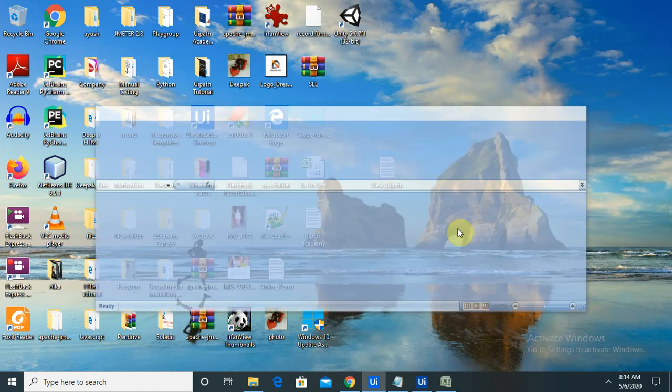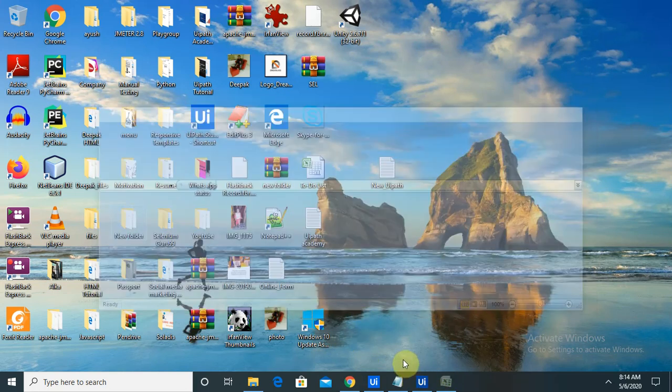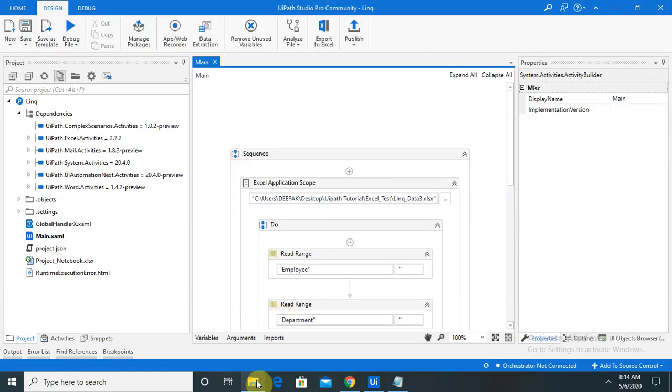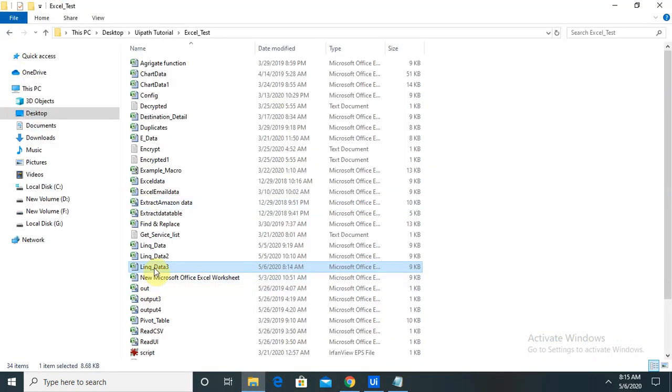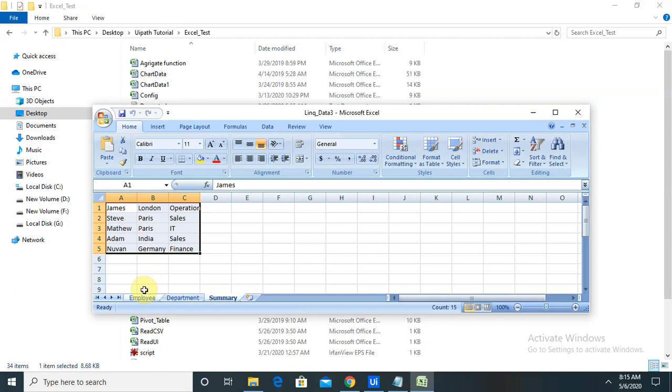Now it has run. You can see Excel open and data is present. Now execution is completed. Let me open this Excel sheet for your reference. You can see I had deleted the data, and that data is available again because of my automated script.